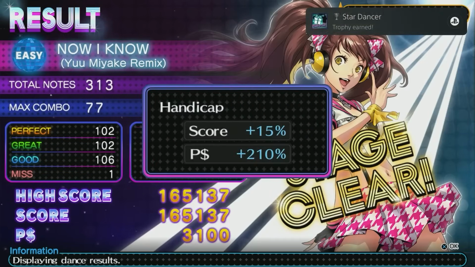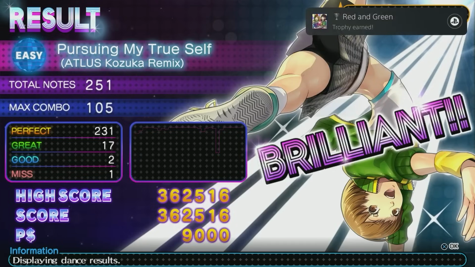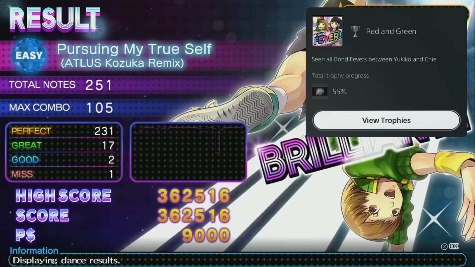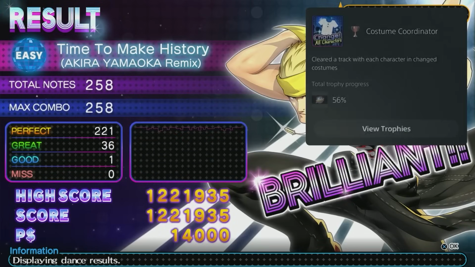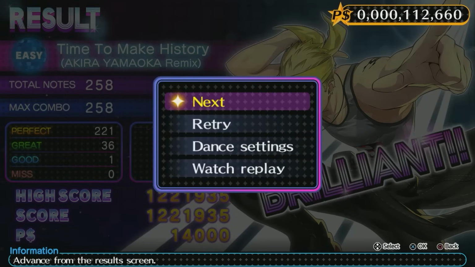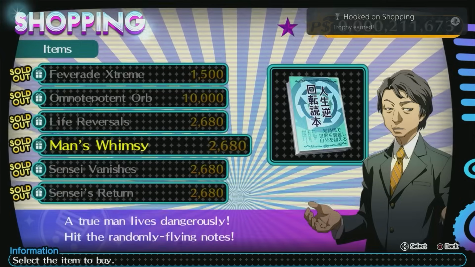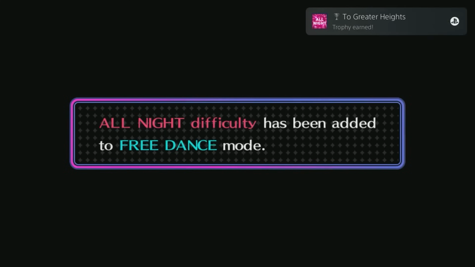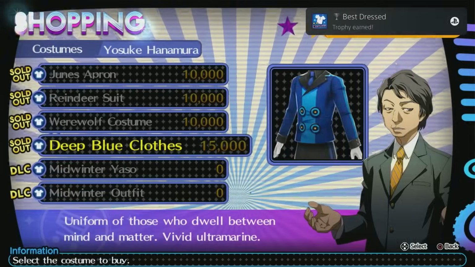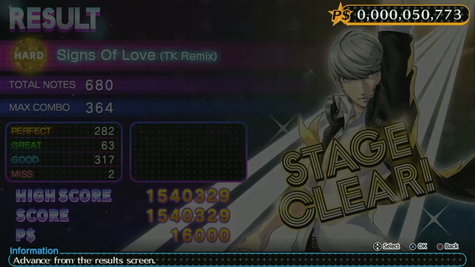Star Dancer for making my dance harder, Dream Team for watching Rise and Konami dance together, Red and Green for watching all of Yukiko's and Chie's dances together, Inseparable for triggering 30 bond fevers, Costume Coordinator for clearing a track with each character in a different costume, Empty Seats for failing a track, The Party Never Ends for completing every track, Hooked on Shopping for buying all items, To Greater Heights for unlocking all night difficulty, Best Dressed for buying half of the costumes, Senpai You're So Cool for watching all of Rise's and Yu's dances together,